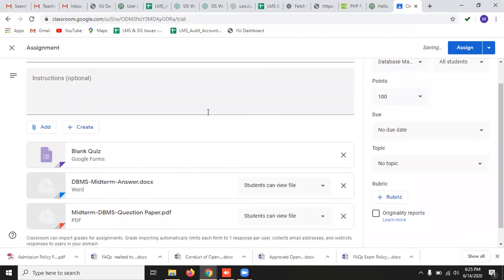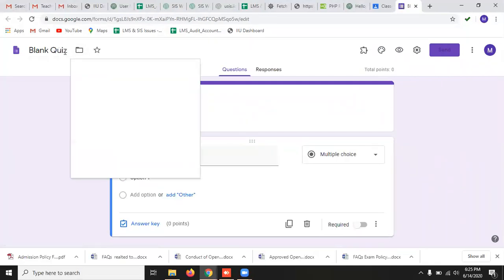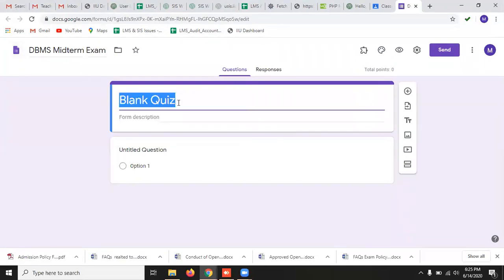Now I will click on this blank quiz form so that I can create a link where the student will upload his midterm solutions. This blank quiz will be opened. I will rename it from here: DBMS midterm exam, and the same here, DBMS midterm exam.